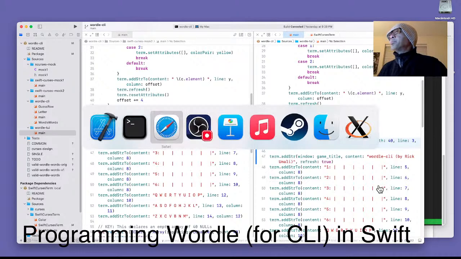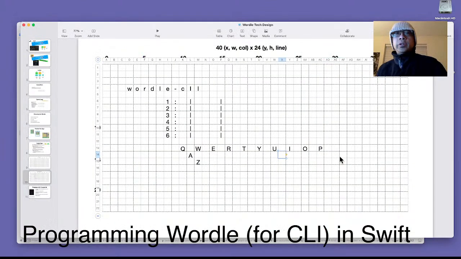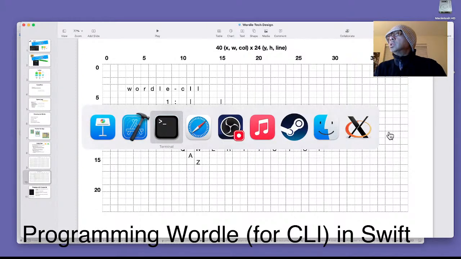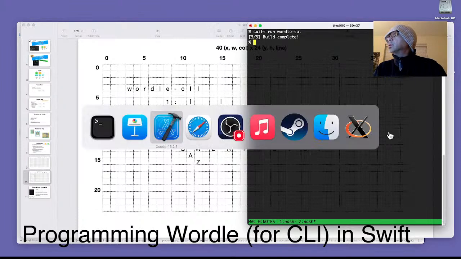Why 40? The original graph paper that I laid out was 40 characters across, 0 to 39, and I'm figuring that if a normal terminal is 30 characters, then yeah. So I think what this means too is I can get rid of